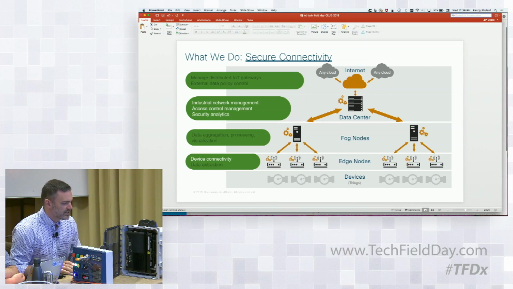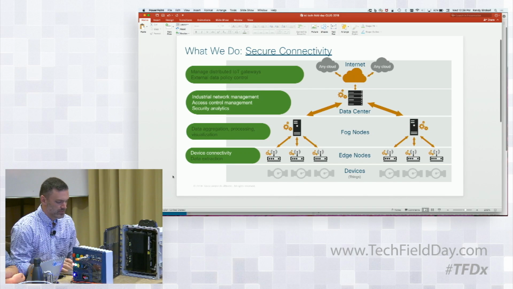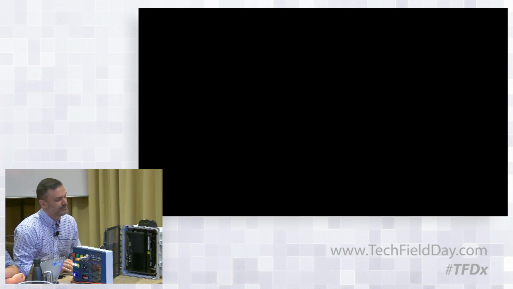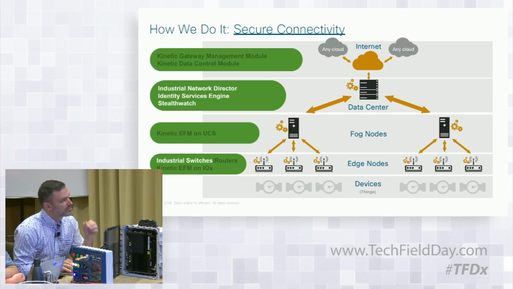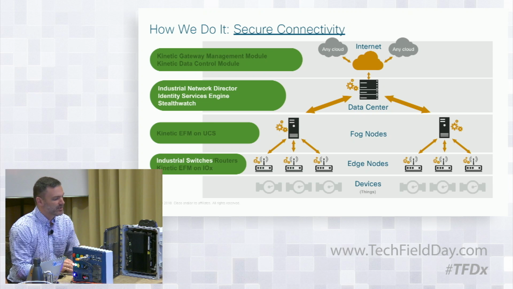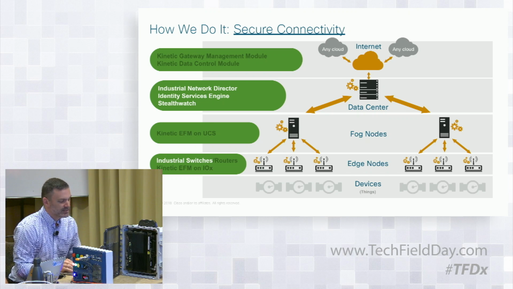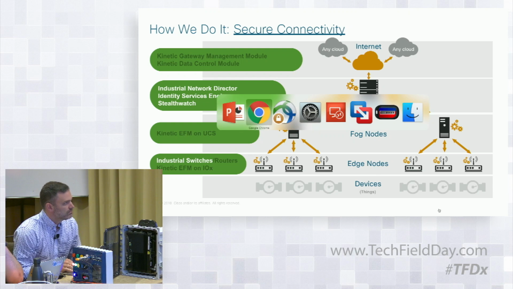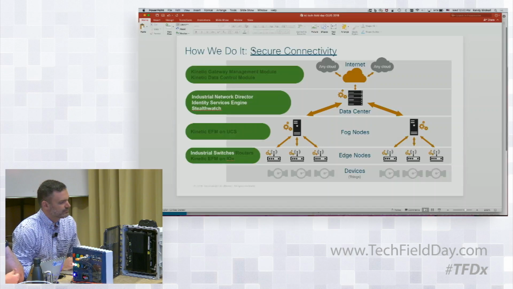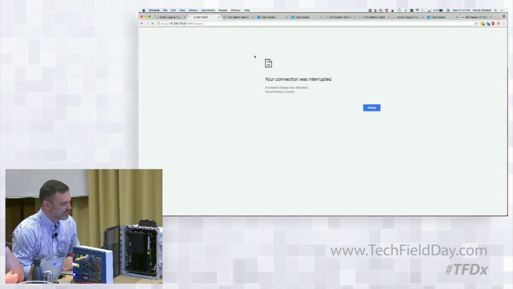To do that, we leverage Industrial Network Director, which handles managing all of our switching infrastructure, Identity Services Engine for handling access control, StealthWatch for anomaly detection, and finally down at the edge we have our industrial switches that are managed by ISE and IND. So if we take a look at IND,